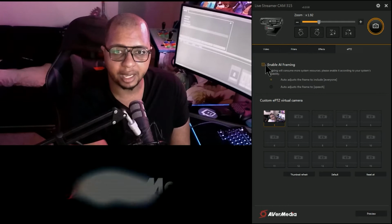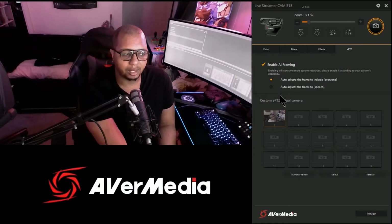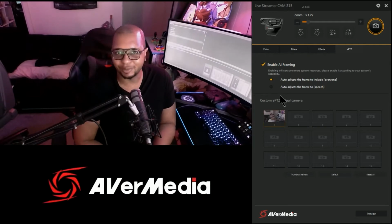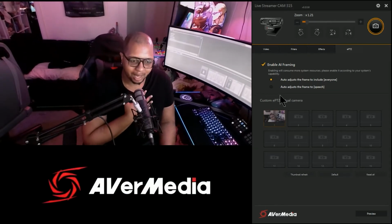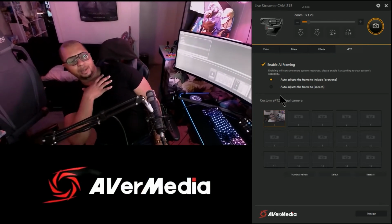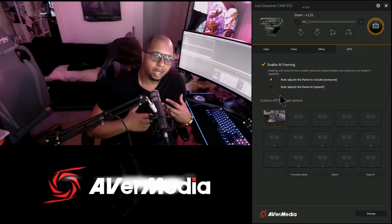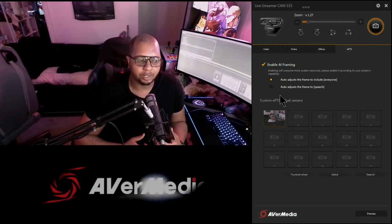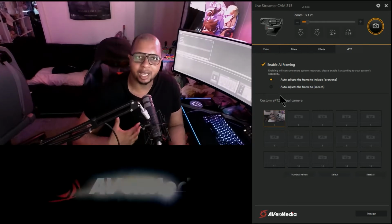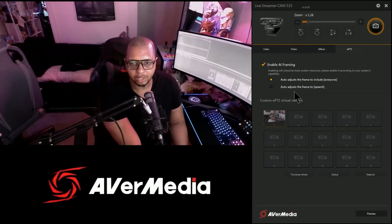And then there's AI framing, which if you turn that on, you can have it auto adjust, which is a cool effect if you're streaming, especially if you're someone like me who moves around. I can move over here, and then the camera is going to start fixating on where I am. So when you turn on the EPTZ, you also have to allow it to take some time to start studying you in a way, to adjust to